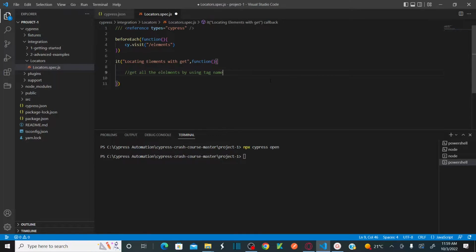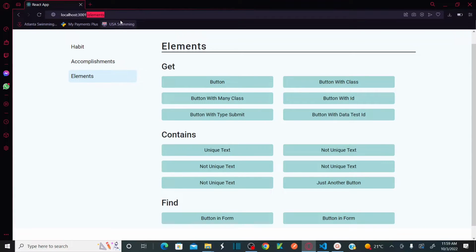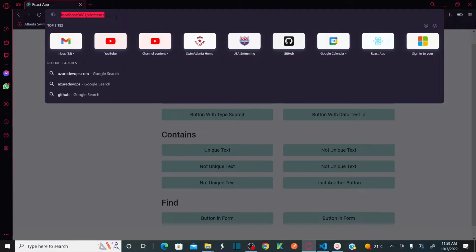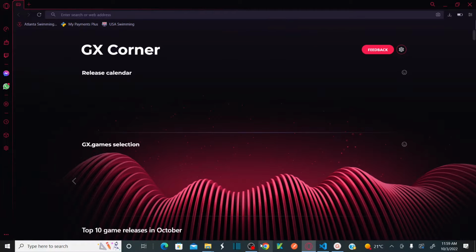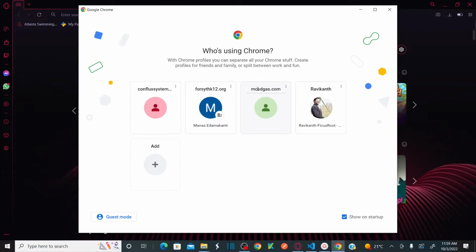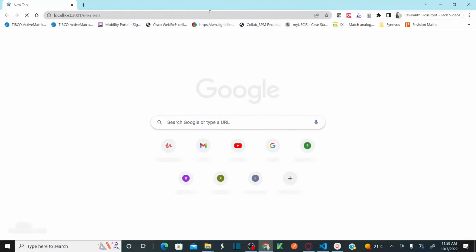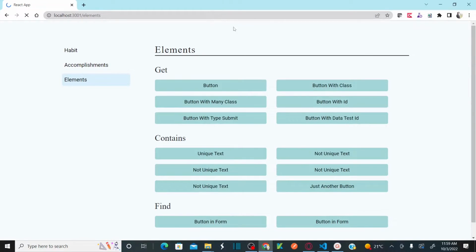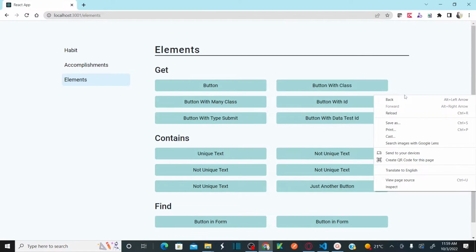So before I write the function, let me show you all the tags that are available for these buttons in the application. Let me open this in Chrome instead of Opera, so that I can make you understand how the elements are defined here. If I right click and then inspect,